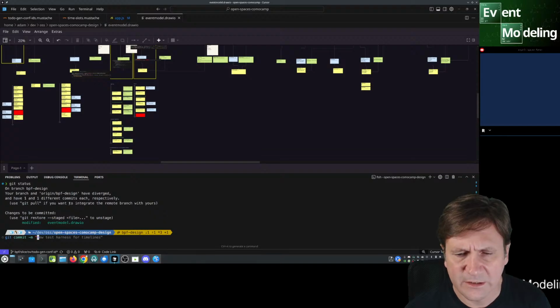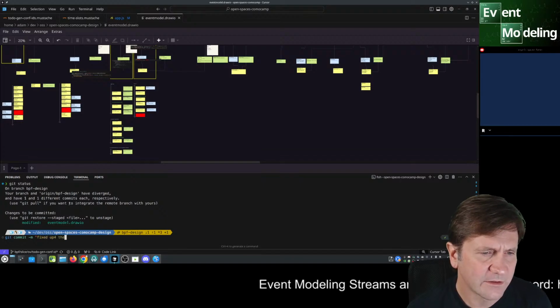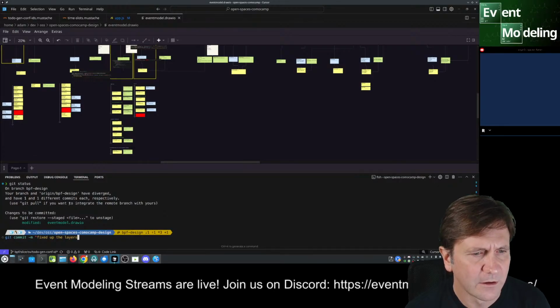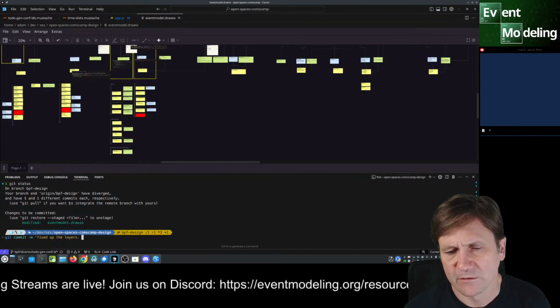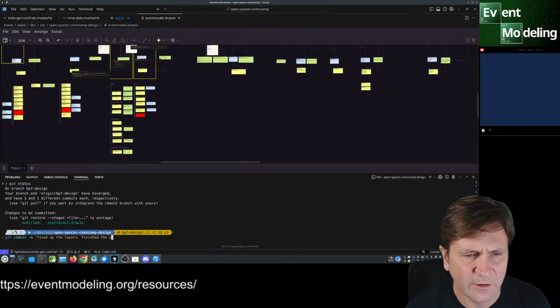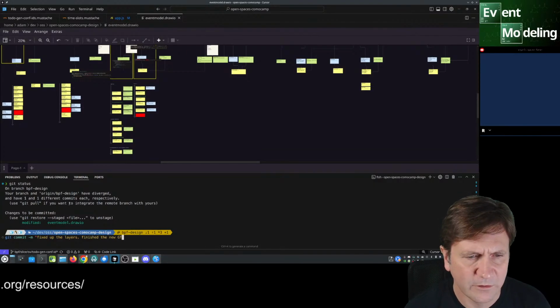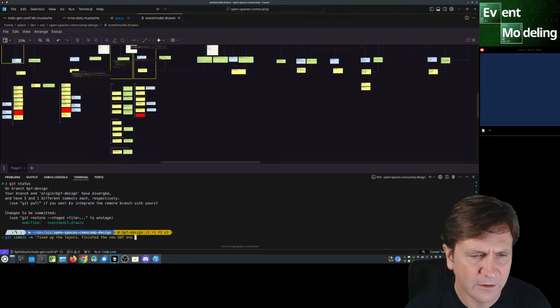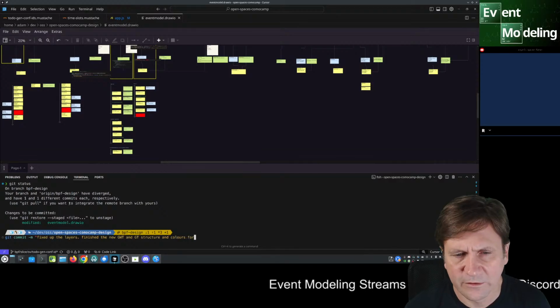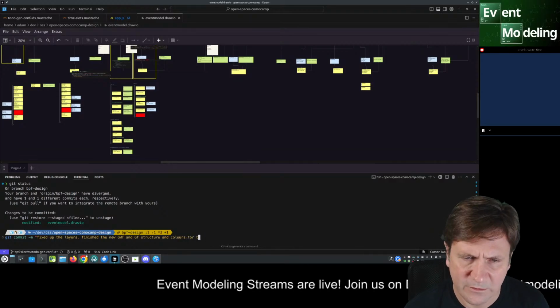So this is the fixed up the layers, finished the new given when then and given then structure, colors for labels, for checkpoint labels.